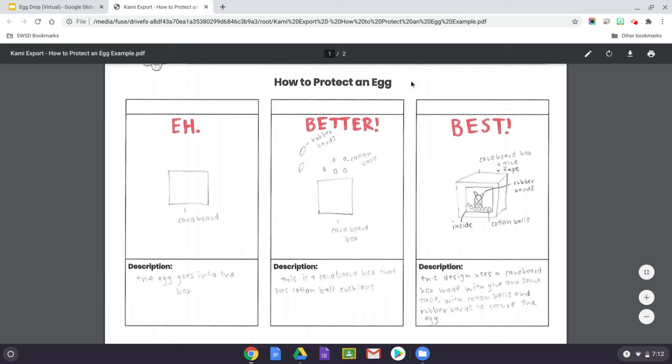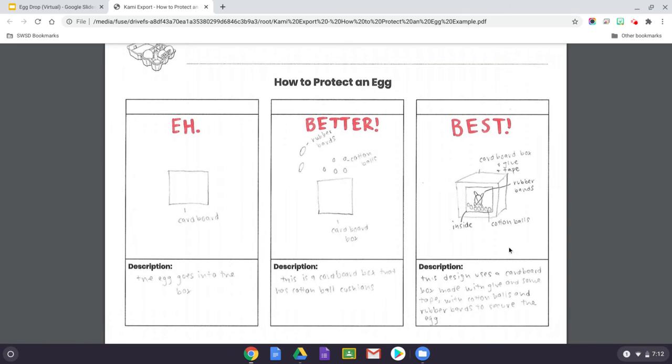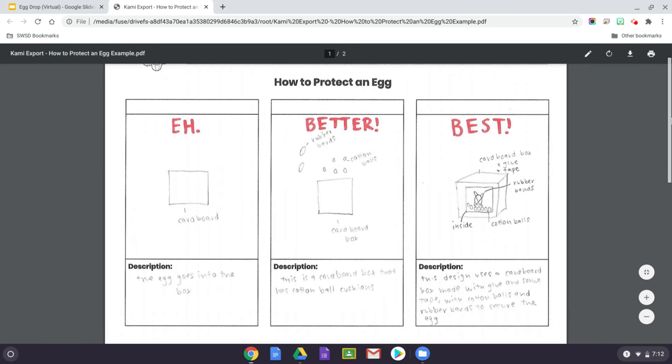So for everyone's designs, now mind you, you're coming up with 3. They should be in the best category. You should be using good, detailed drawings as well as good, detailed descriptions. Down here,